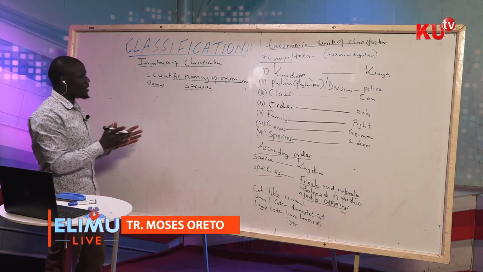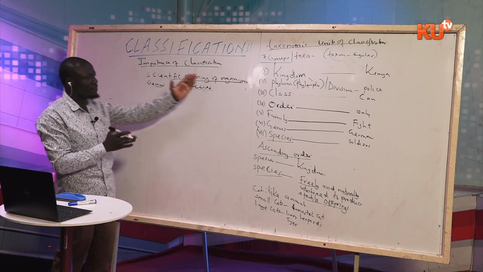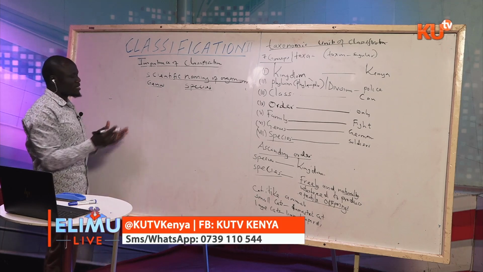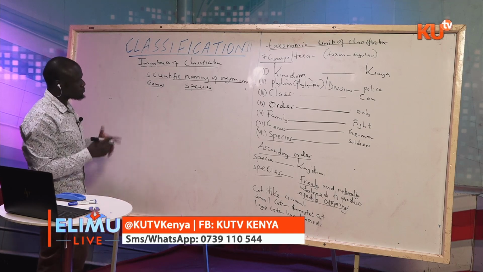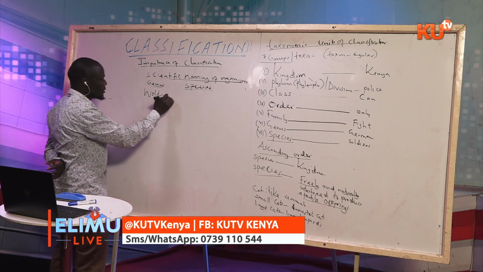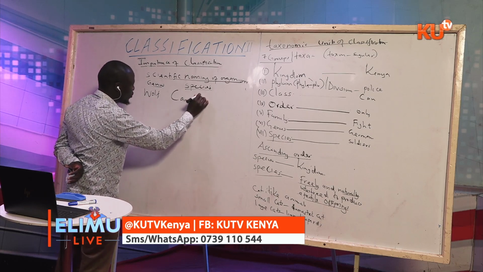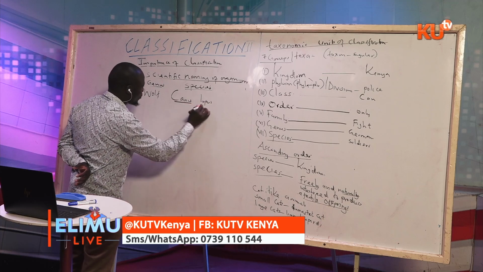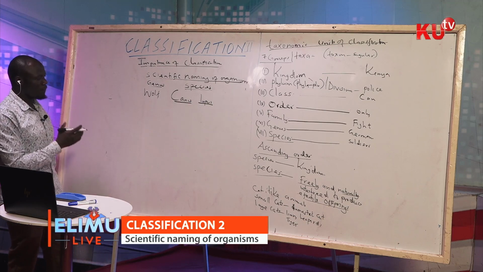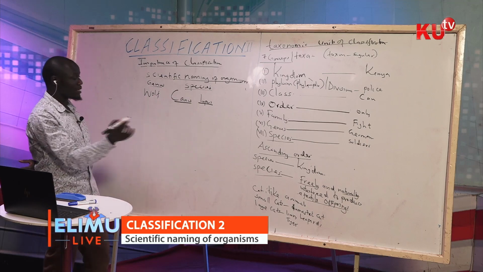In this scientific naming, we always know that there are rules that must be obeyed while giving an organism a scientific name. For instance, I must just give an example. The scientific name of a wolf is Canis lupus. One of the things that we were told while writing the scientific names of these organisms in Form 1 is that the